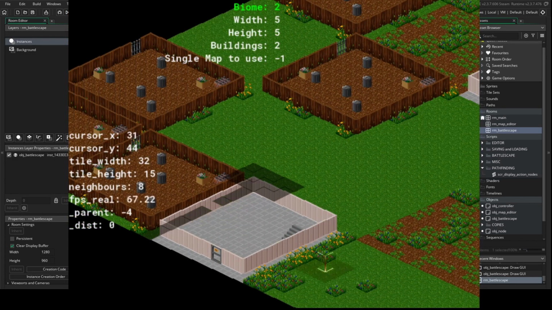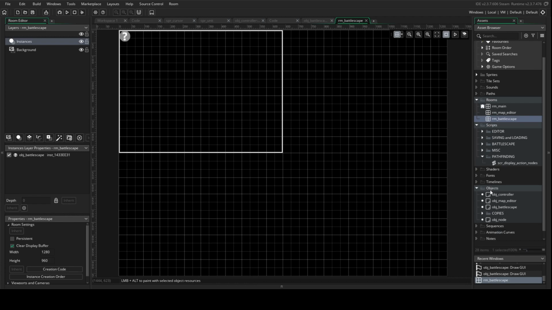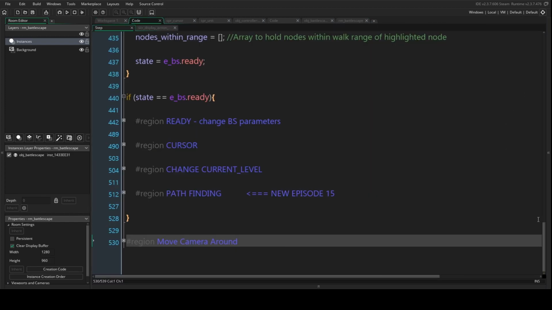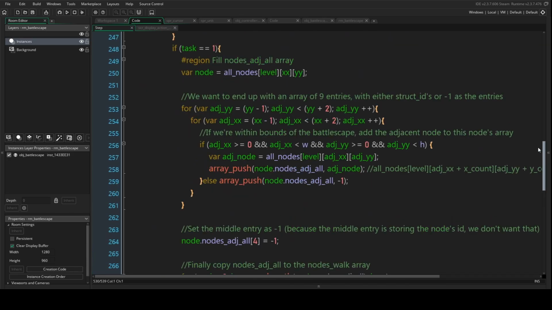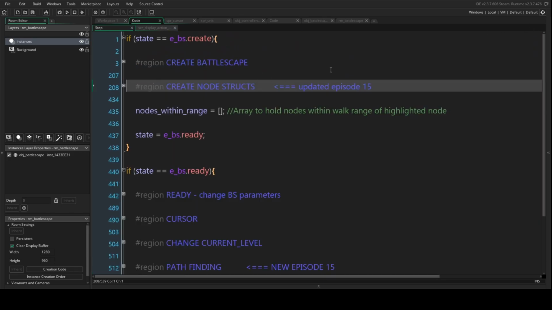So let's get started. Okay, so we want to be in the step event of our Battlescape object, and I need to make a quick apology. I should really have stuck with my original code from when I first coded XCOM. Back then I was using objects for nodes, and this time round I decided to use structs without realizing that